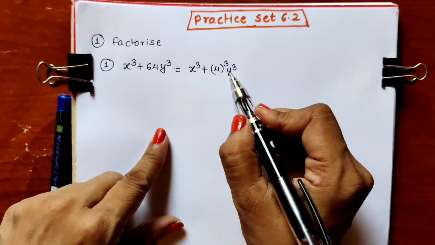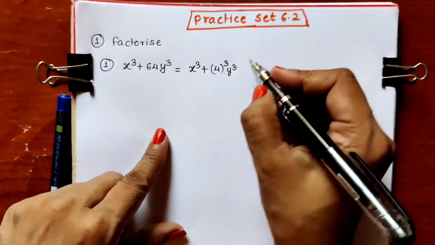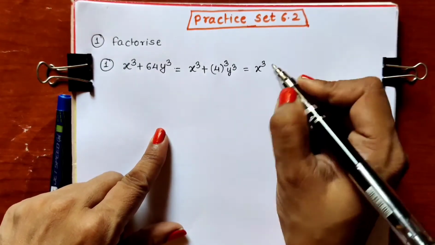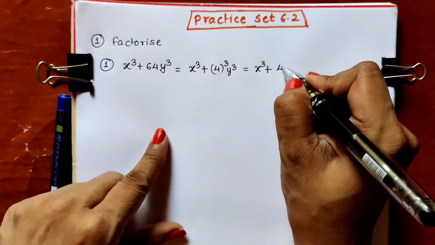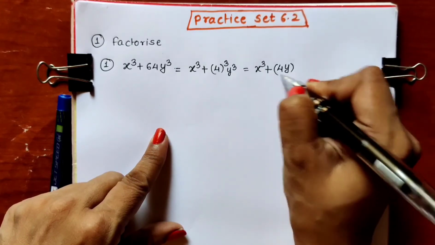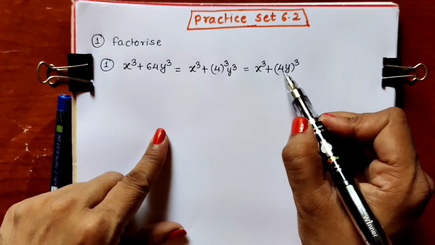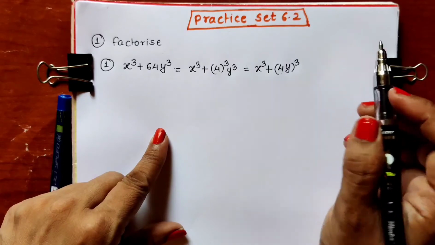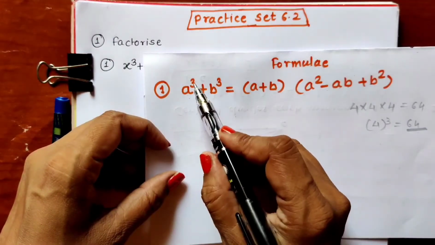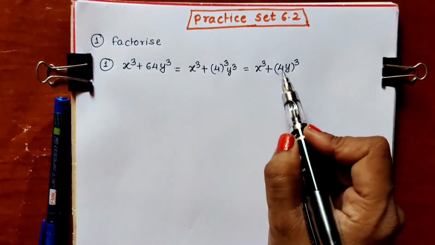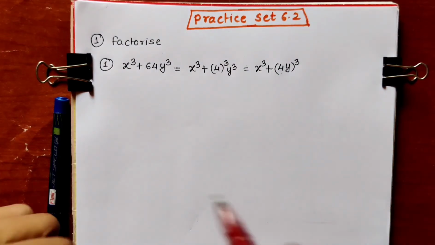Now we can write both this coefficient as well as this variable in combined manner. So first term again as it is, variable cube is there. And for writing second term we can write 4 also, y also inside the bracket, and then we can put the cube, because 4 cube is also there and y cube is also there. So in combined manner we can write it as 4y bracket cube. Now we can apply this formula, because this formula is there for first term cube plus second term cube. So now we are getting first term and second term both in cube format. So I will be writing by using formula.